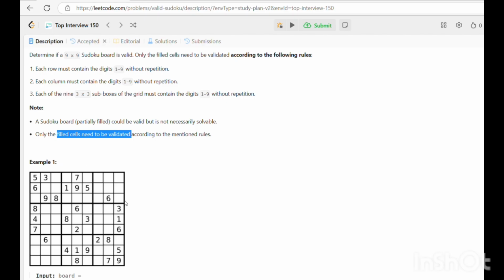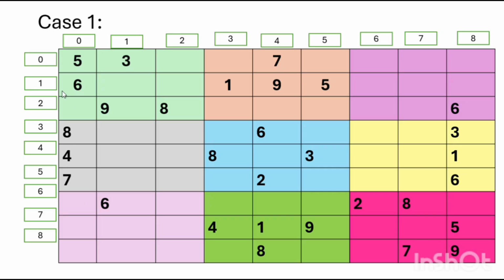So we will go to the logic and the problem discussion, like how we can solve this. This is test case 1 which they have given in the problem, which I have represented like this. If you see, there are 9 boxes which I have represented in different colors, just for identification. And I have represented the indexes from 0 to 8, which indicate the column index. The top ones are the column index, and the left side is the row index, like 0 1